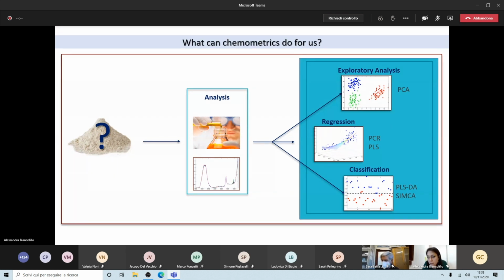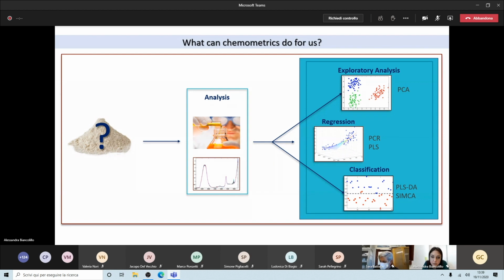The most famous, I would say the most commonly used, is partial least squares, PLS. This method is used when, for example, we want to quantify compounds in our sample. Chemometric regression methods are particularly useful when we want to quantify analytes in the presence of interference, or when we are working in complex matrices.